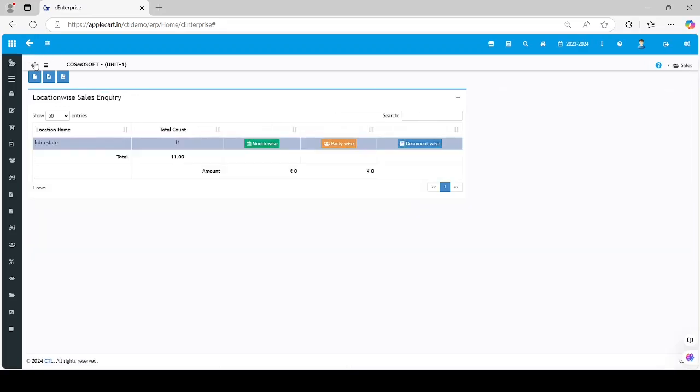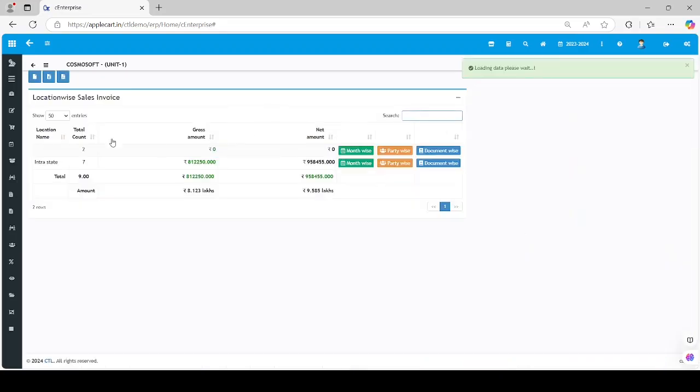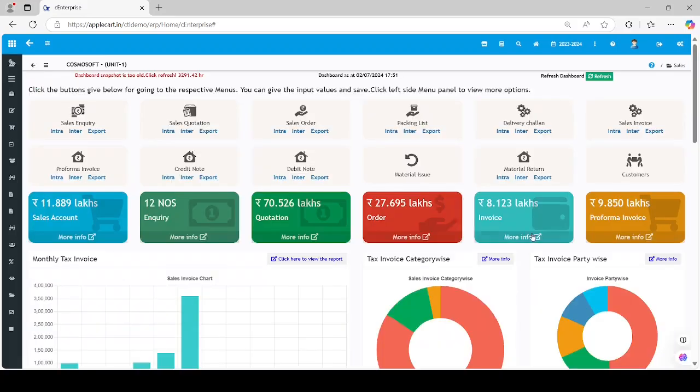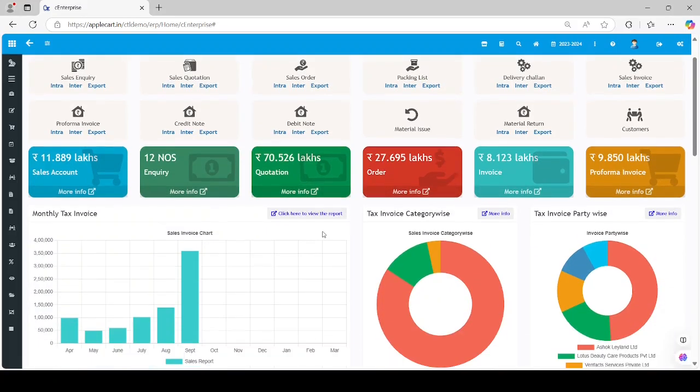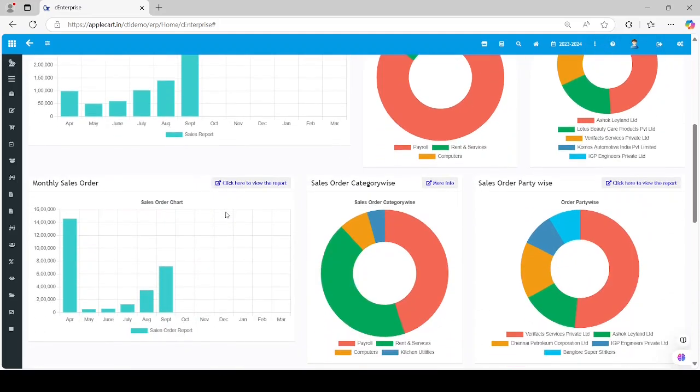Similar drill-down views are available for sales quotations, sales orders, and sales invoices. Various graphical presentations are also available in the dashboard with drill-down reports associated with them, reports like monthly tax invoice, tax invoice category-wise, invoice party-wise. The dashboard also presents detailed reports, including monthly sales orders,